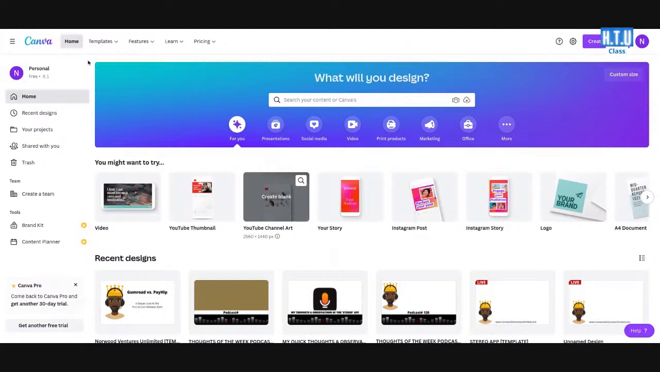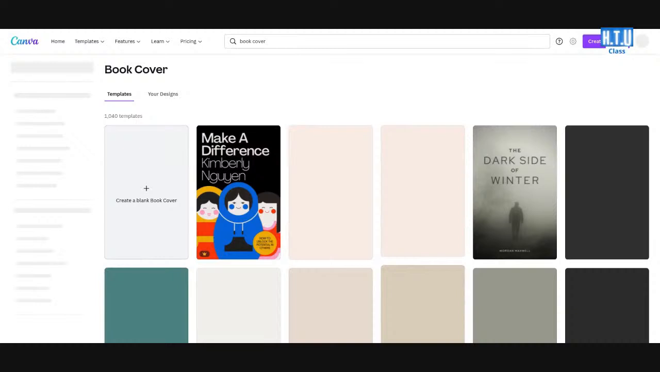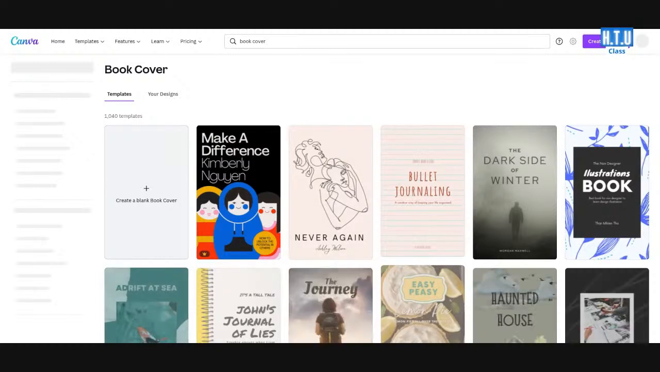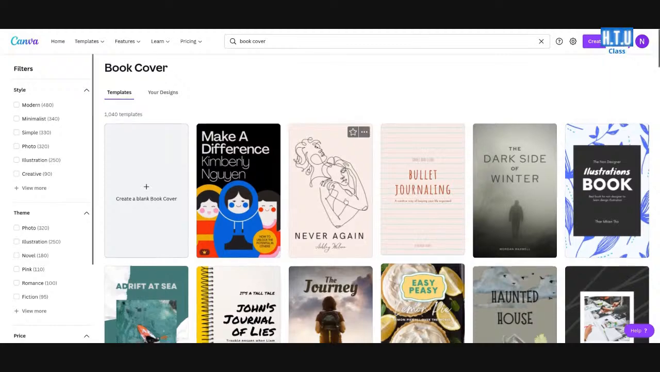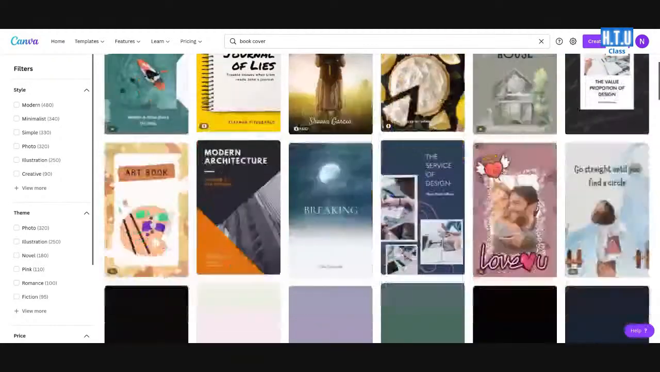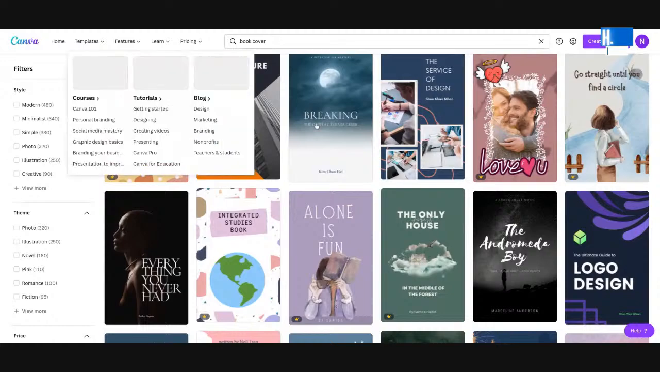And book cover should show up here shortly. All right. There we go. So this is what you'll see on your page right here. Now, you will see a variety of different templates of book covers, right? I'm just going to scroll down here a little bit so you guys can see that you have all these